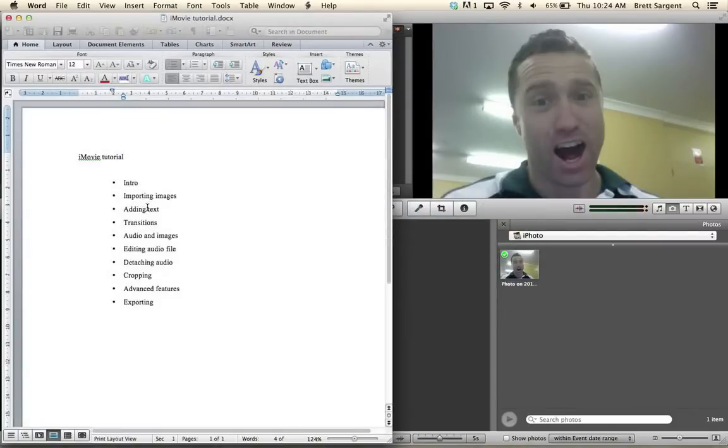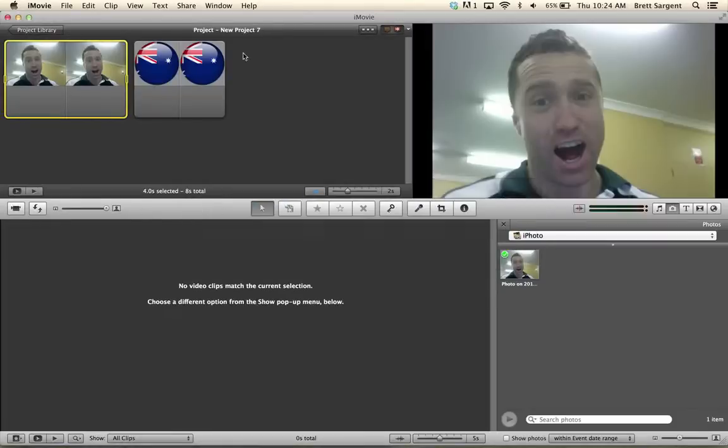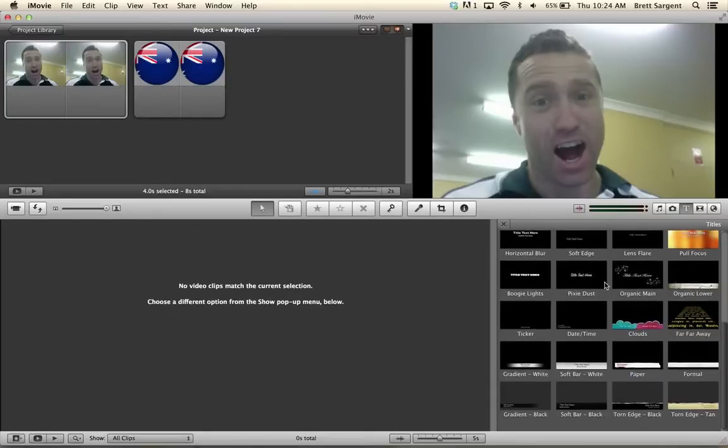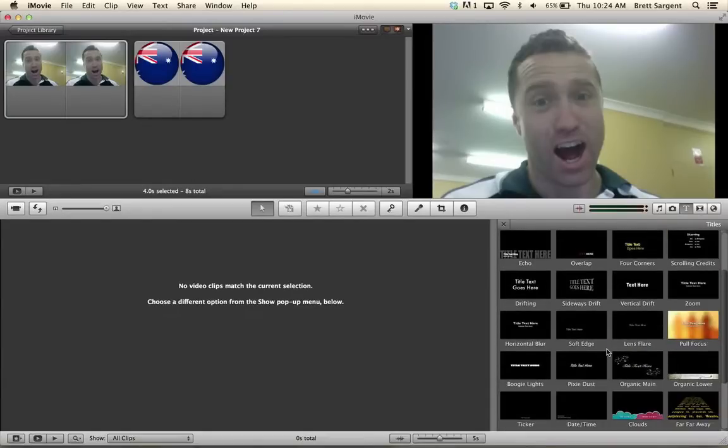Next part we'll look at is adding text. So to add text, it is relatively simple. This T for text over here gives you all of these different options. Now, they all look black, with a black background, but that'll change and you'll see what I mean. But this is just the basic layout. So if I choose, let's say, drifting,